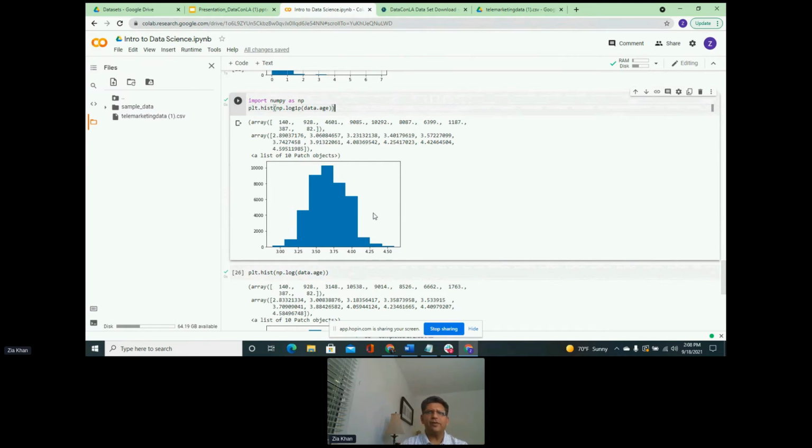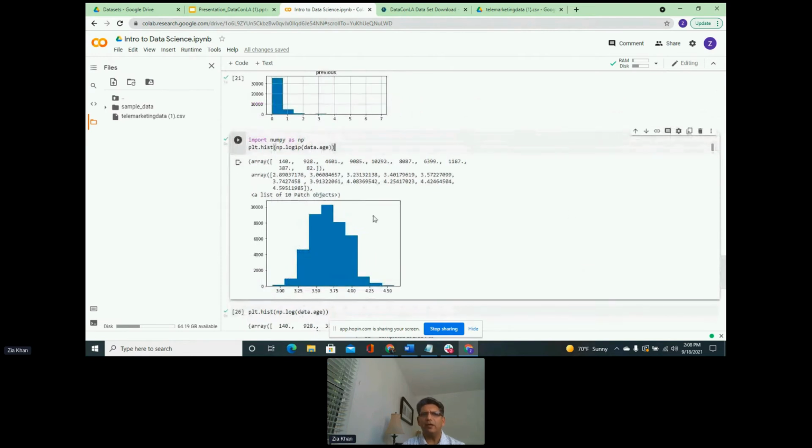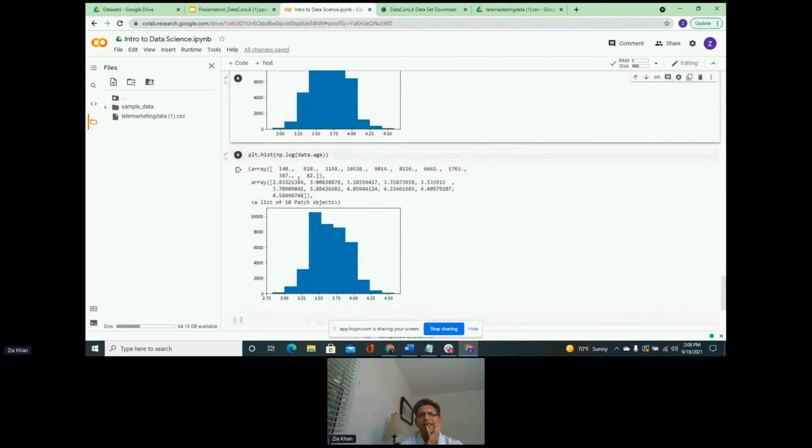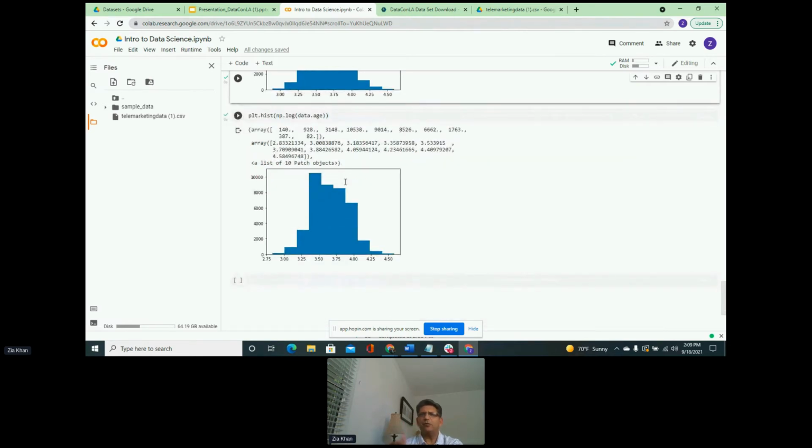There are other transformations that you can do that might work a little bit better for you, but you just have to get an idea of what transformation works best for you, and all of that can be done by looking at the data, trying to understand that data, and building transformations based on that. So this is one way of looking at that, and this is one of the visualizations that we can do.